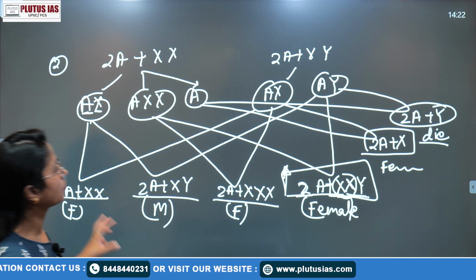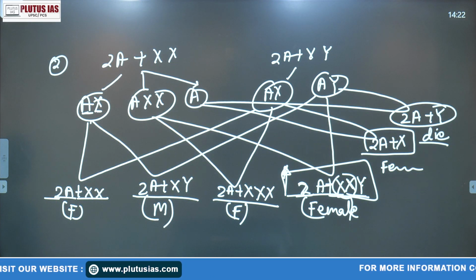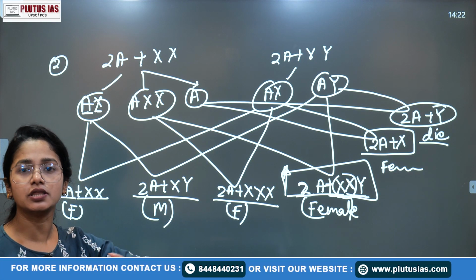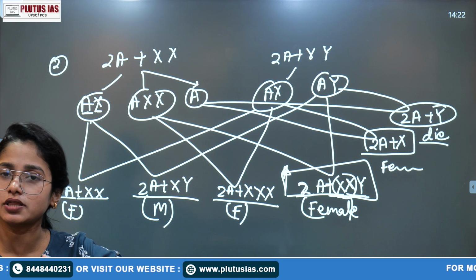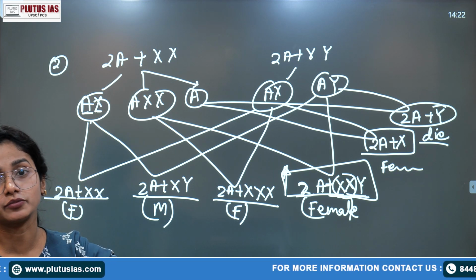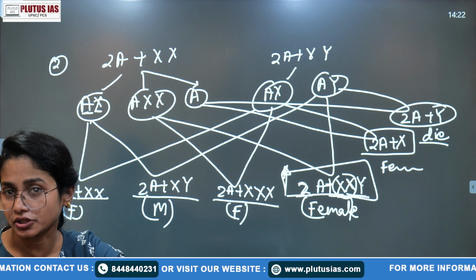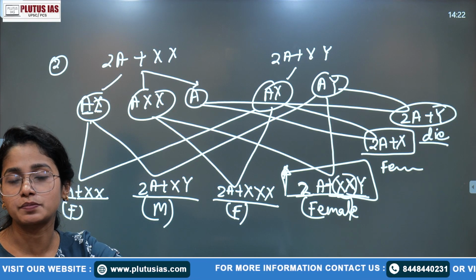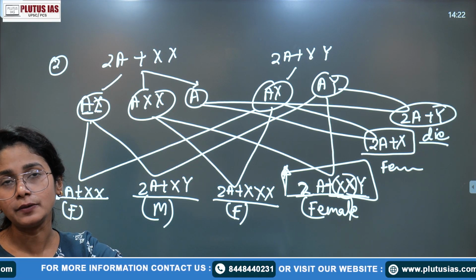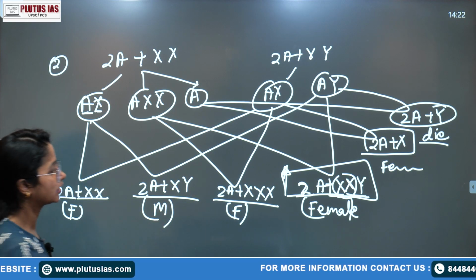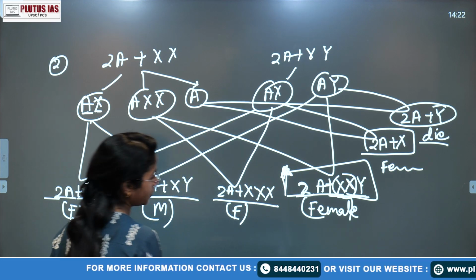So this is something about the chromosomal theory of sex determination in Drosophila. Why is it the main point? What is the crux from this discussion? What is actually the thing you have to take from this discussion? That the X chromosome alone contains the sex determination factor. Even if the Y chromosome is present, it will not decide the character, only if one X or one Y is present. Just remember this case. Always remember this case, okay?